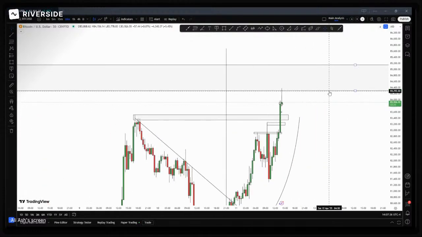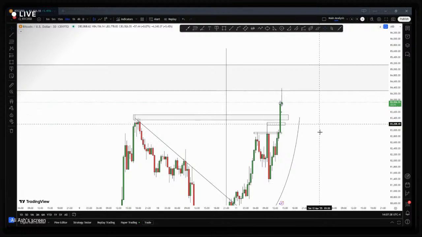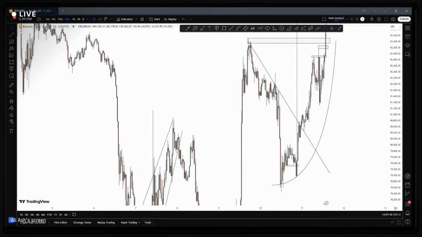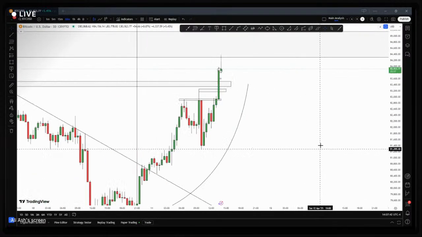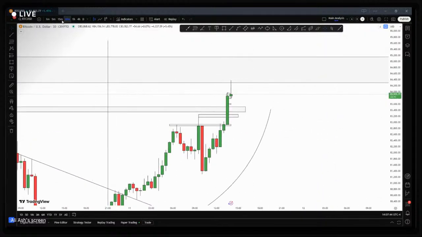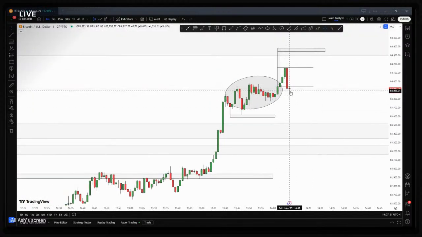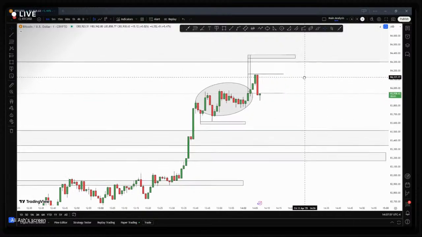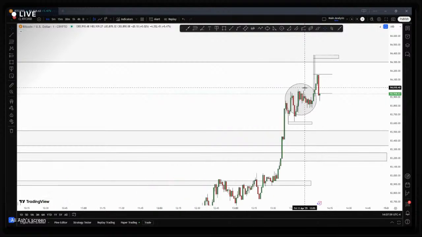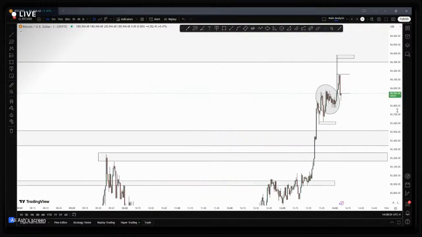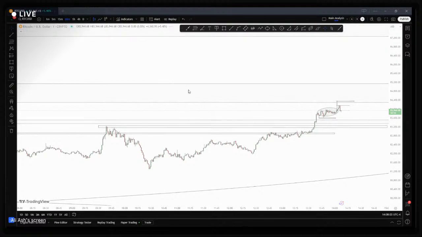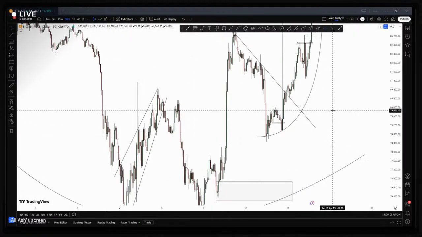So we have this resistance. On a longer time frame, we have this. Let's see how this is going to turn out. We have almost an evening star. We had this ellipse as well on the lower time frame, retesting this bullish engulfing. So psychologically, 84K is major resistance, but my final take would be 85K because we had this,